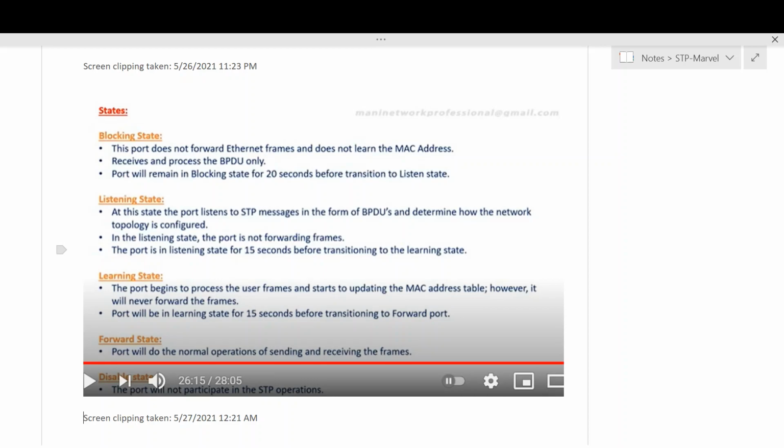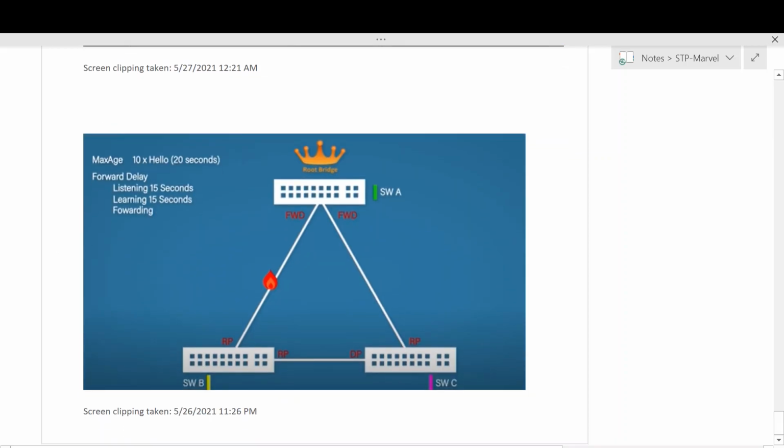It will not forward, but it learns the addresses and updates the MAC address table database. It starts forwarding after that 30 seconds. Once the port is in normal operation, sending and receiving frames happens in the forwarding state, and finally there is the disabled state. So this is the summary.